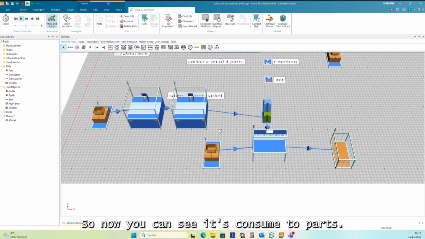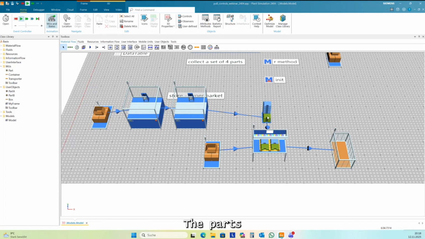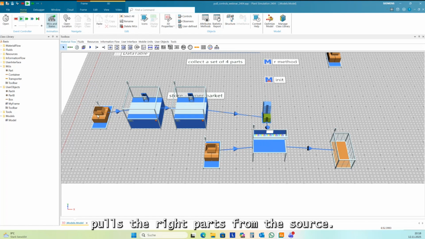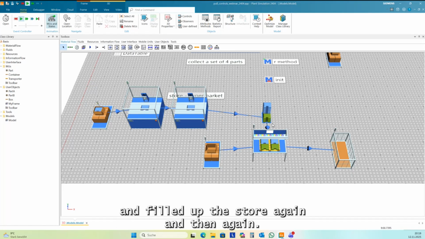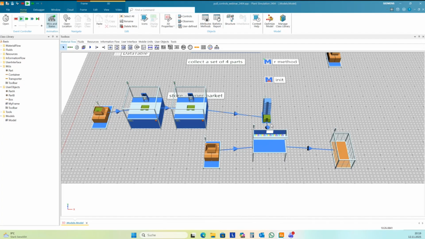So now you can see it consumes the parts, pulls the right parts from the source. It runs through the production and fills up the store again, and then again the assembly station consumes parts.